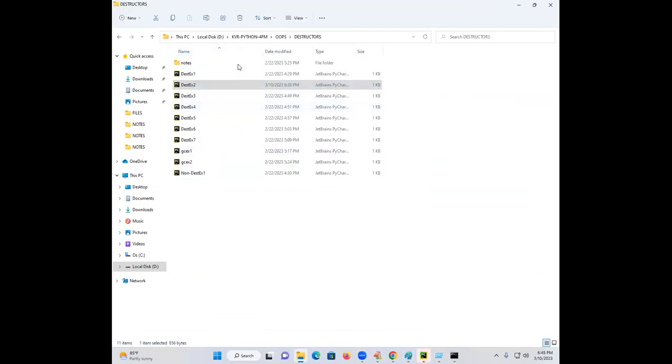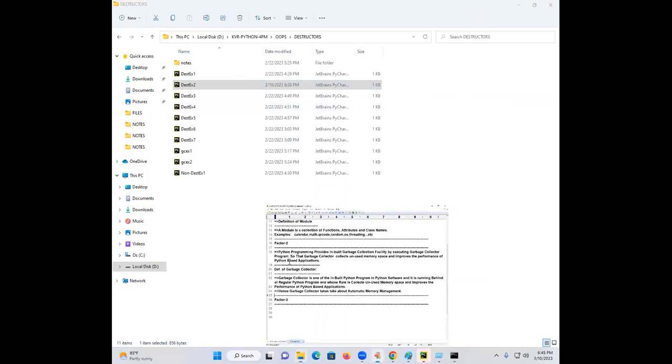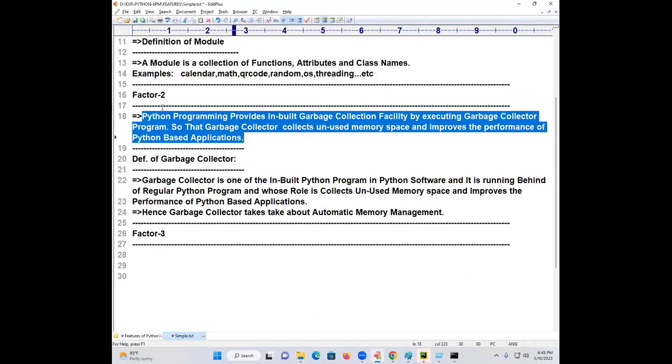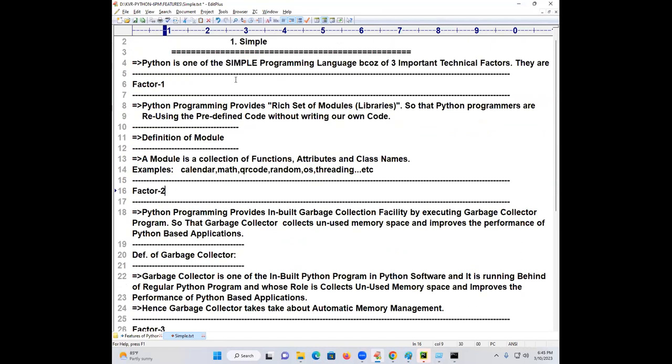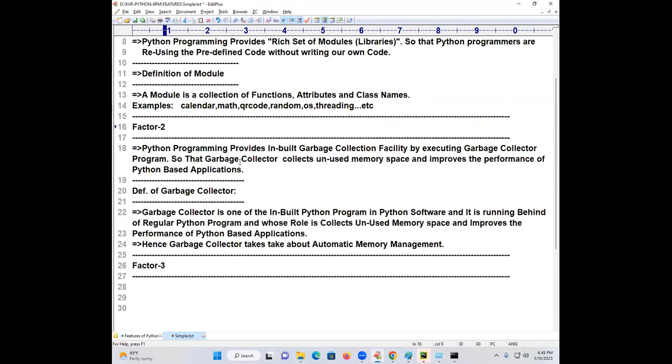Online students, is my concept clear? Is this definition, factor number 2, clear? Offline students, see, right? Did you understand the Python simplicity? So finally, are you writing the garbage collector program in Python or is it inbuilt?